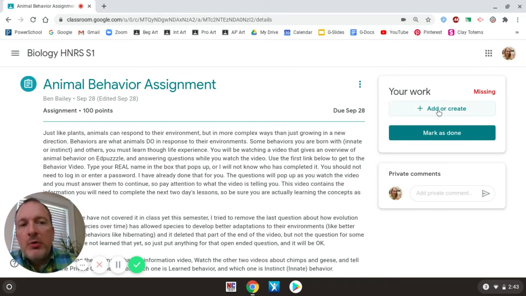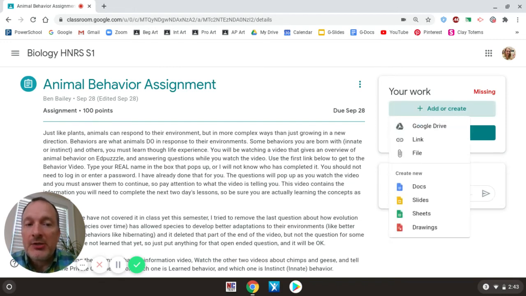You'll have to go up to where it says Add or Create right here and click that little button to add something to the lesson. That means it's something I didn't put in there for you, something you're adding. If you want to attach it, if you've got a picture in your Google Drive, you can attach it by clicking Google Drive after you hit that little add button. Or if it's just on your computer,